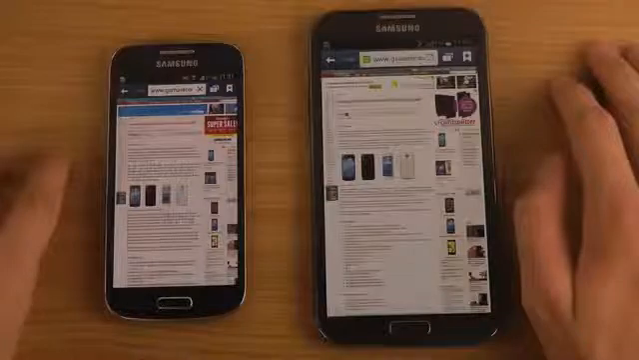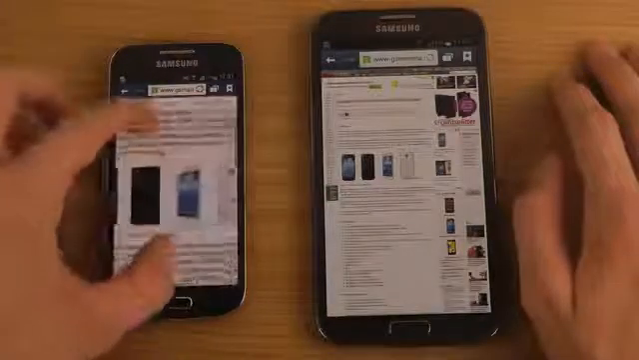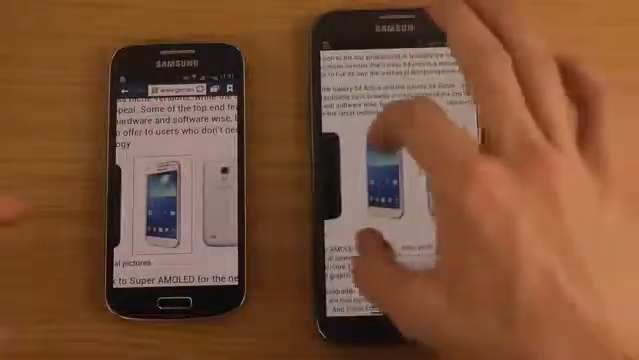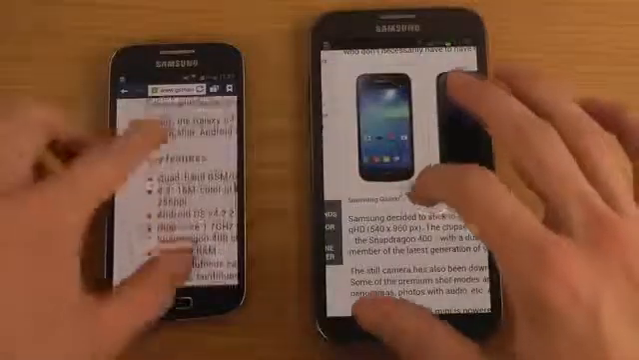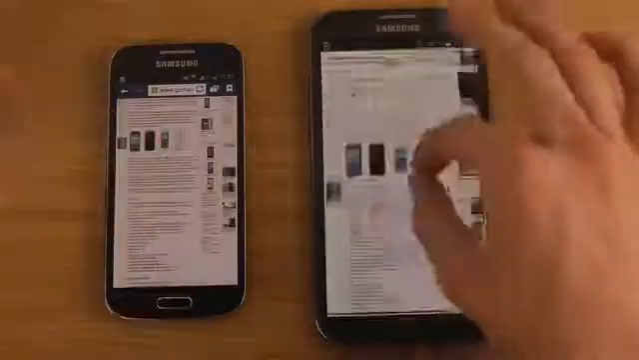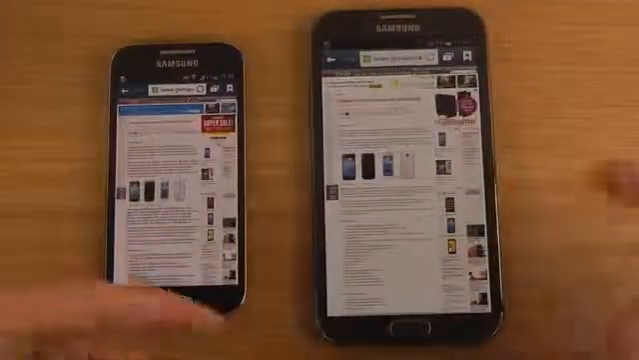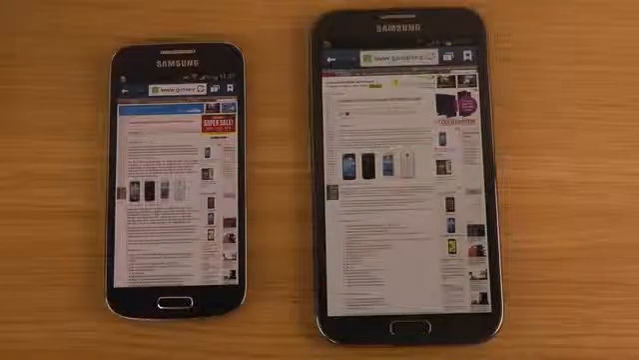So we probably won't notice that big of a difference in terms of speed. Now, it did load up some different ads, of course. Let's try to double tap to zoom in. You can see how much more you see here on the Note 2, because it's a bigger phone,